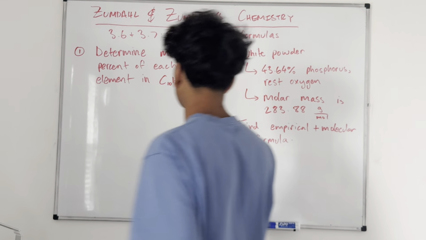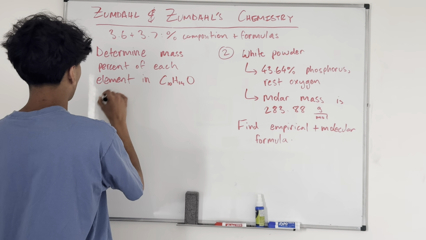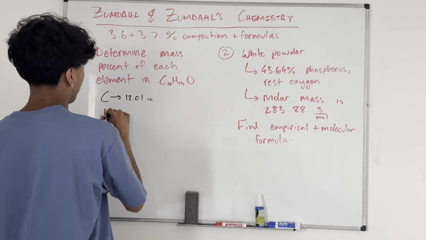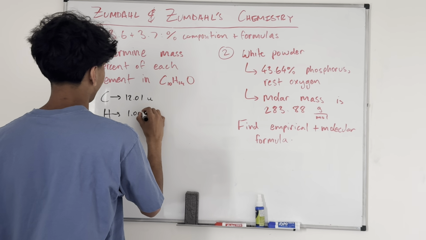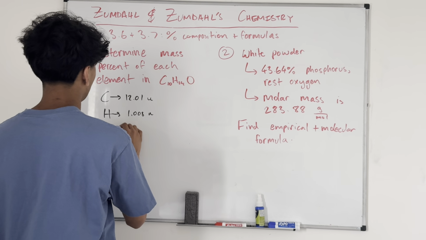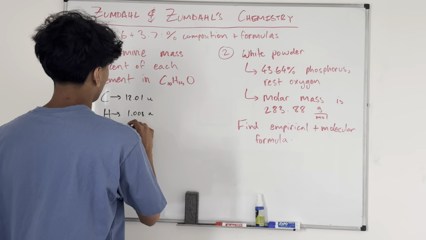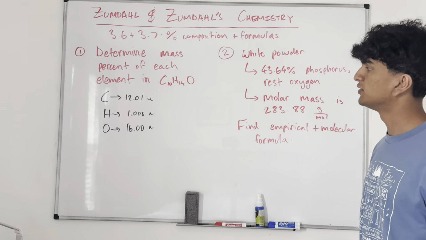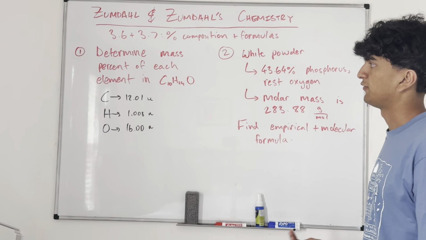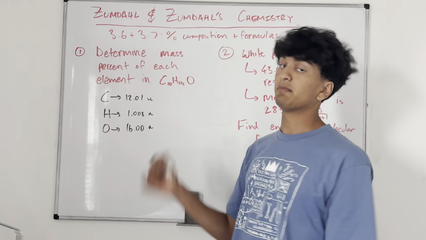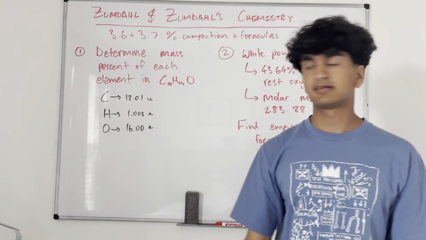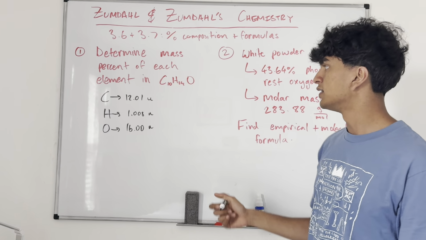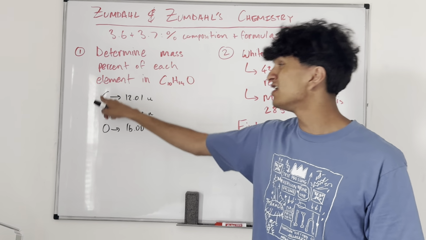You could look at your periodic table for this. The mass of carbon is 12.01 U. The mass of hydrogen is 1.008 U. And the mass of oxygen is about 16.00 U. So what we're going to do now is think, if I want to make 1 mole of this, I'm going to essentially find this molecule's molar mass. If I had 1 mole of this molecule, in order to do this, I would need 10 moles of